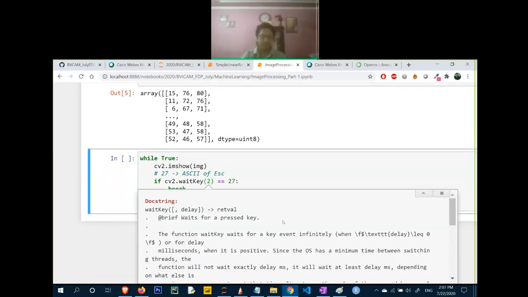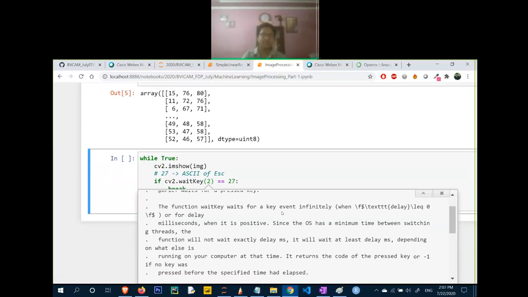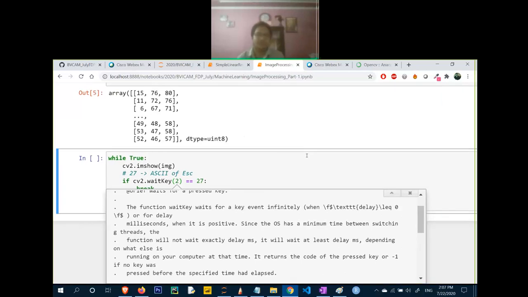Just read this part and tell me whether you understand what waitKey is or not. Are you able to understand what waitKey is doing here?